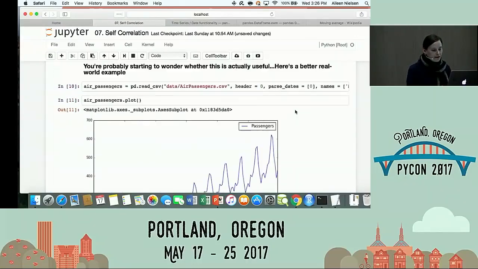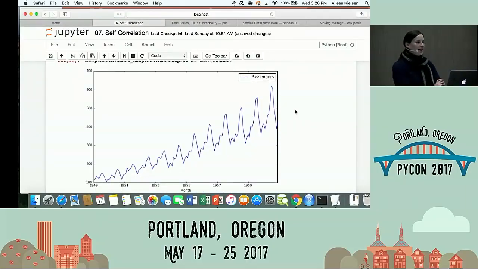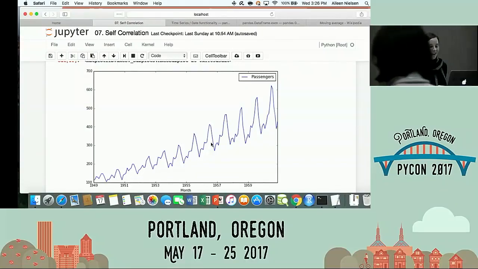So this is a very, very popular data set, the air passengers data set. It's a count of air passengers by month for decades and decades. And we can see here some data where we can even visually identify the structure. There seems to be some kind of yearly trend, right? We almost have the exact same curve from year to year. There's a seasonal spike, a seasonal low. I even see the structure. So here, I would certainly expect to see some sort of internal correlation.